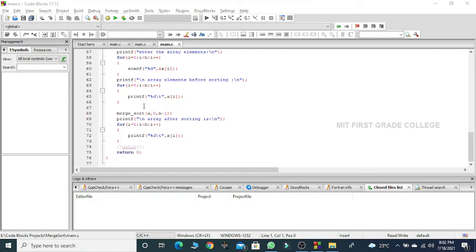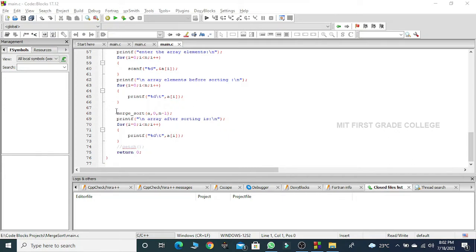If the condition is true, I enter the for loop, print the value of a of 0, and increment my I. Now my I becomes 1. Check the condition 1 less than n, and again if the condition is true, I enter the for loop and print the value. So all the elements inside my array will be printed in this manner.